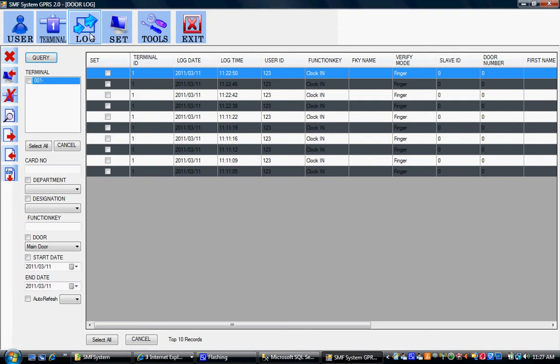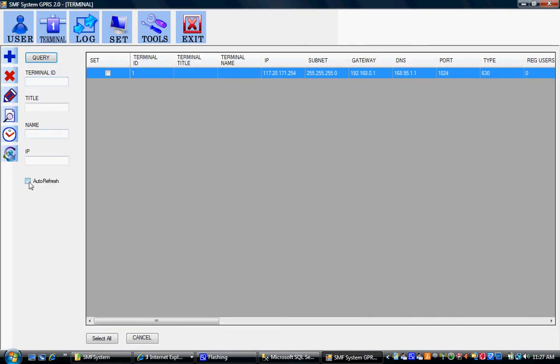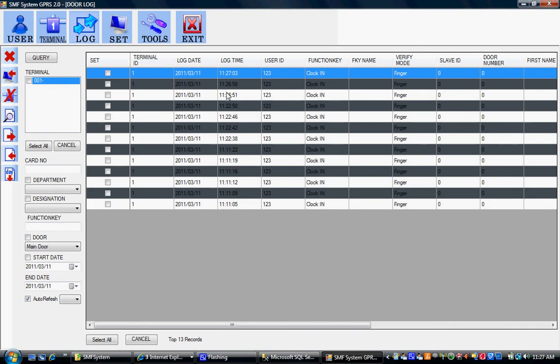The recent log or transaction was at 11:26, so it will update. Sorry, we need to select the auto refresh option. For the terminal to auto refresh and get the logs, we need to select the auto refresh. The recent logs 11:26, 11:27.